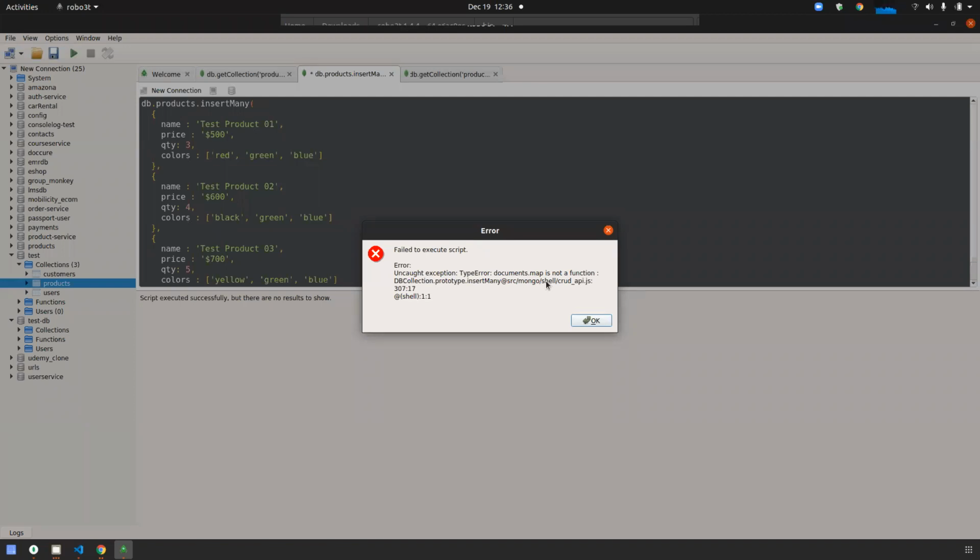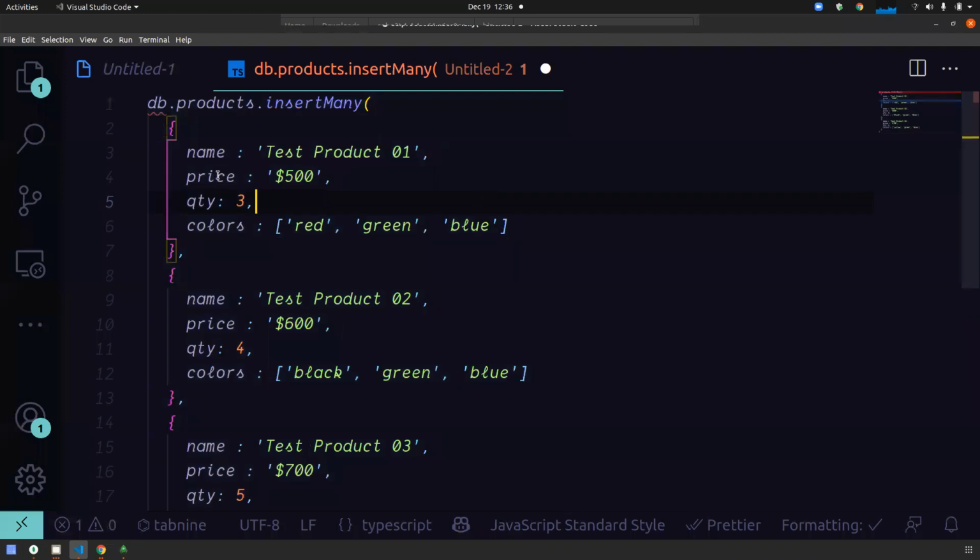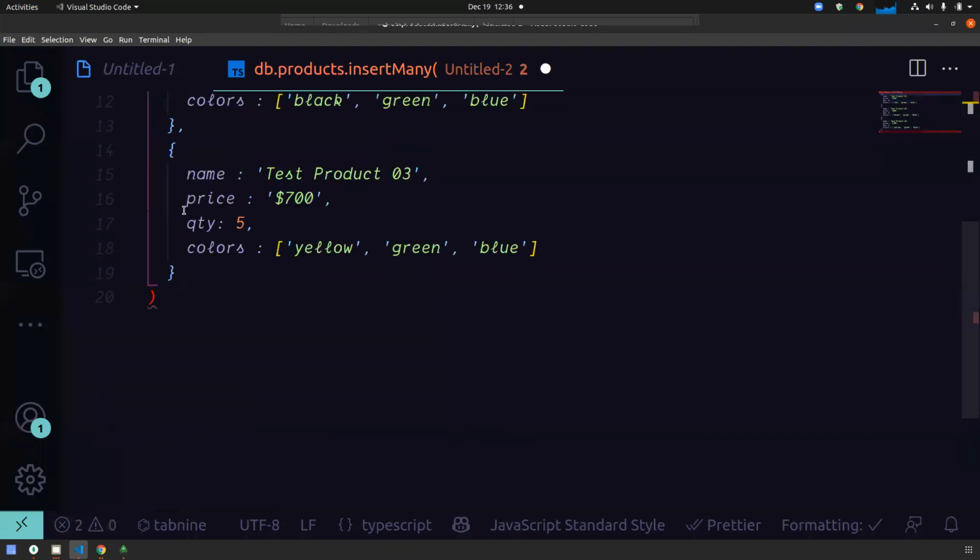Who knows about JavaScript? I can't see you all. Well, we know a bit. That should be in an array, I think. Yeah, good, it should be an array. It's a map function, and that map function is not running because the input is not an array. So we need to provide that data in an array.